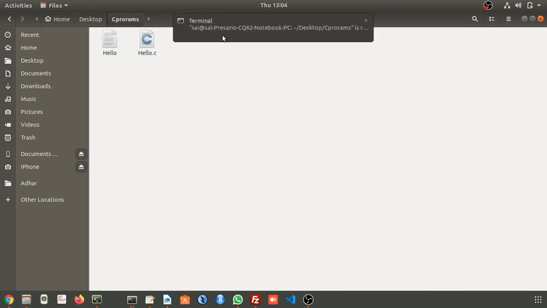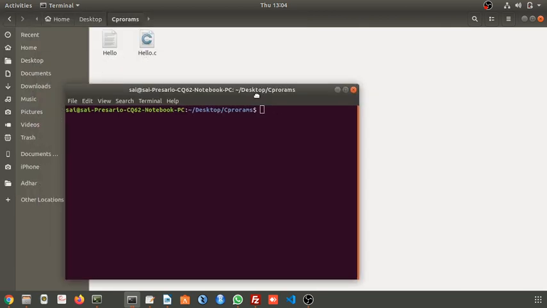Now I have this executable file. Now I will run this hello on my local machine. Go to the terminal. It is platform independent, so no problem, you can run it. How? Dot slash hello. It is running there.